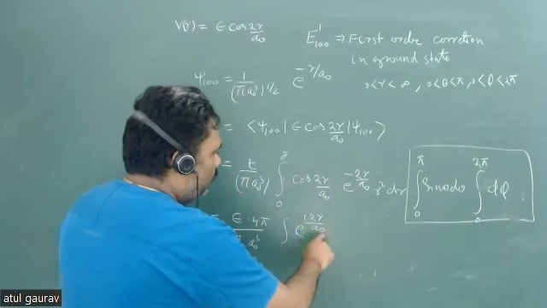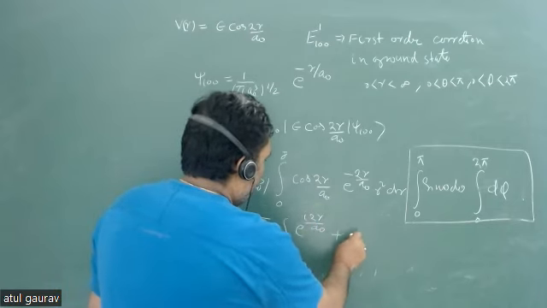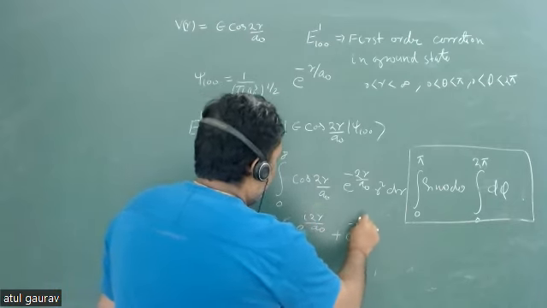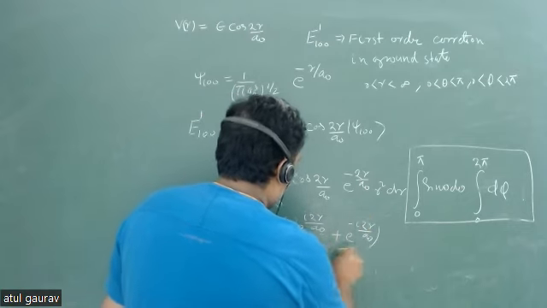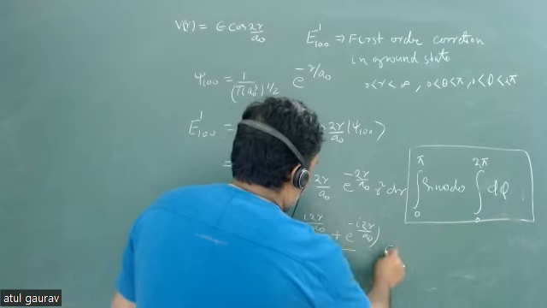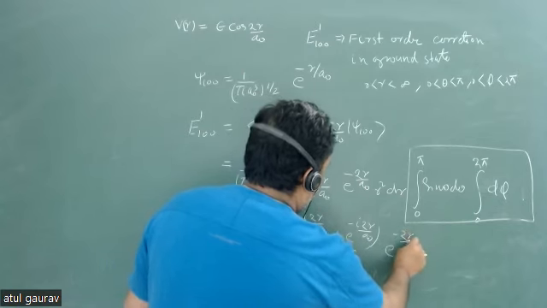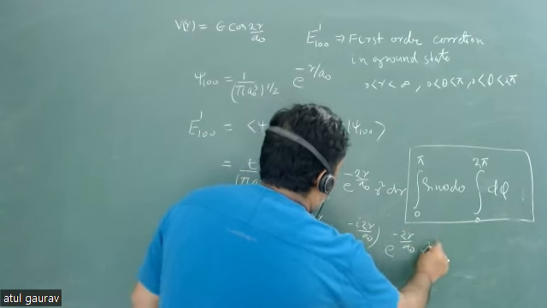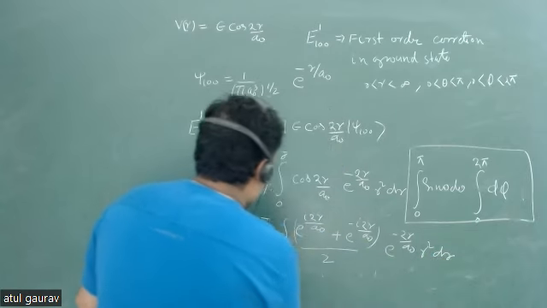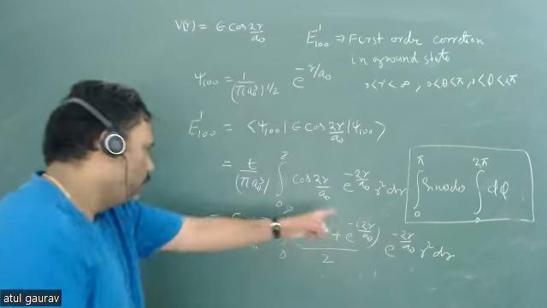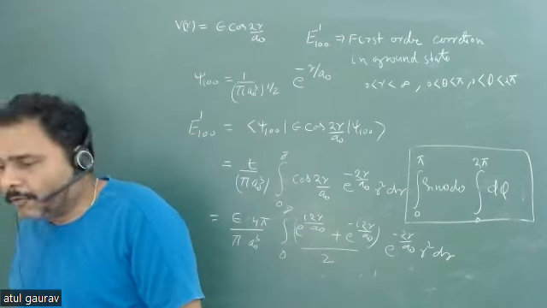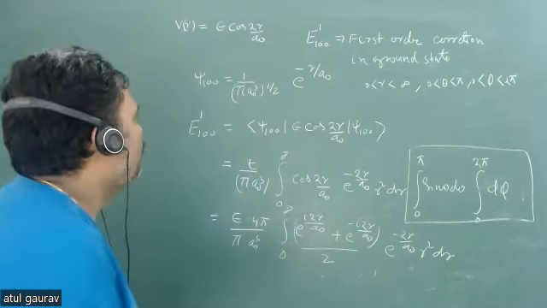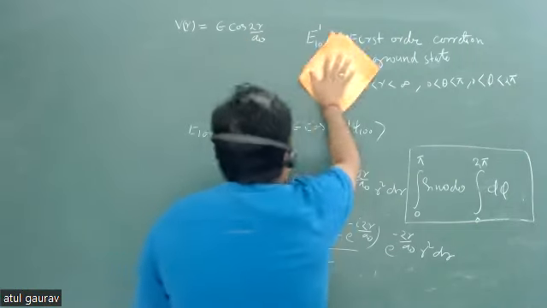e टू द पावर आई 2r अपॉन ए नॉट प्लस e टू द पावर माइनस आई 2r अपॉन ए नॉट बाई 2 e टू द पावर माइनस 2r अपॉन ए नॉट r स्क्वायर dr. सो यू हैव टू डू दिस इंटीग्रेशन, और इस इंटीग्रेशन को बहुत ही स्मार्टली आपको करना होगा, अदरवाइज गलती के बहुत ही ज्यादा चांस हो जाते हैं।